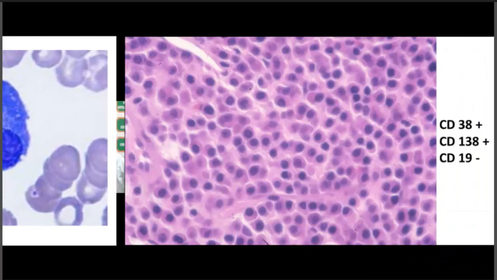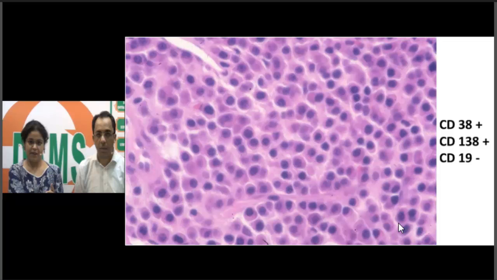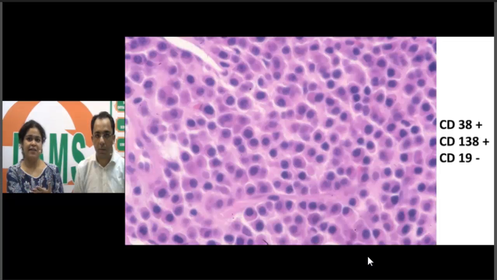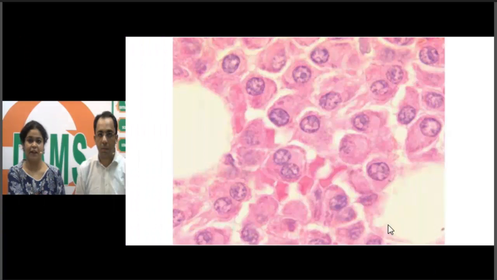Now here is a histopath photograph of a plasmacytoma. You can see sheets of plasma cells. Even in this you can appreciate how they have an eccentric nucleus, pushed toward the edge of the cell, and these cells are usually CD38 positive, CD138 positive, and CD19 negative. CD38 and CD138 are plasma cell markers which help us identify them. Here is a binucleate cell right in the center, which again tells us that this could be an abnormal population of plasma cells.